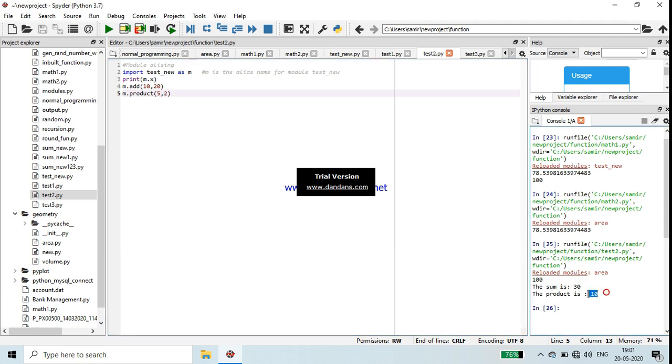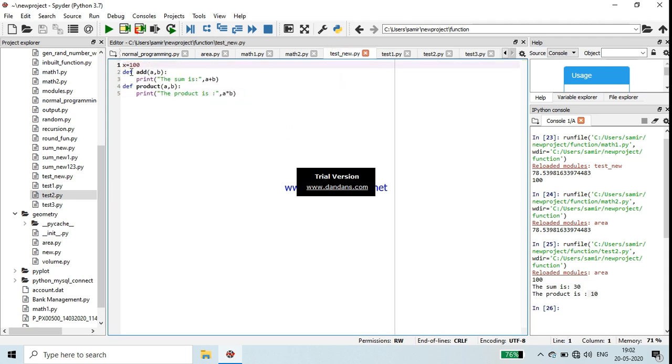After that, the next topic is member aliasing. As you see, we can alias the module, meaning we can give another name to the module. Similarly, we can give a member of the module another name. Members of the module, like in this module test new: x is a member, it is a variable. This function add is a member, and product is also a member of test new.